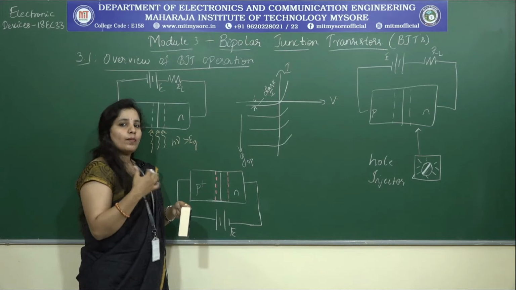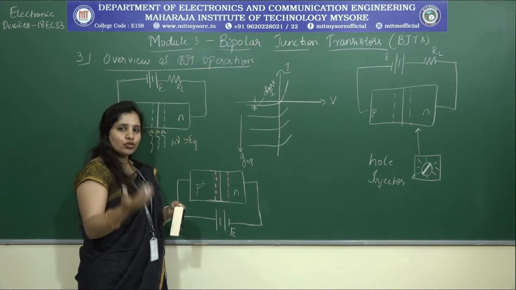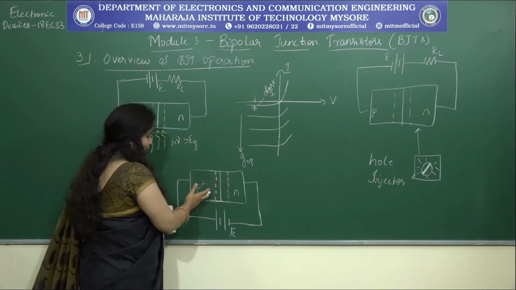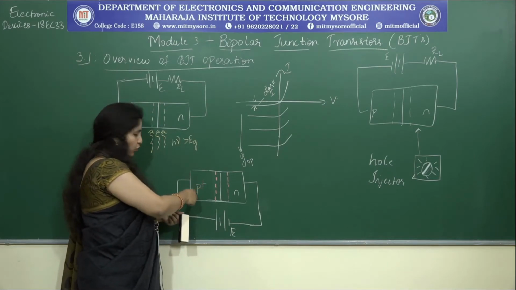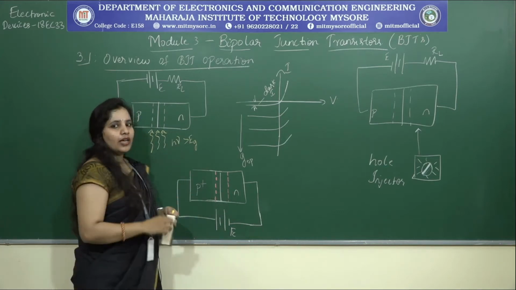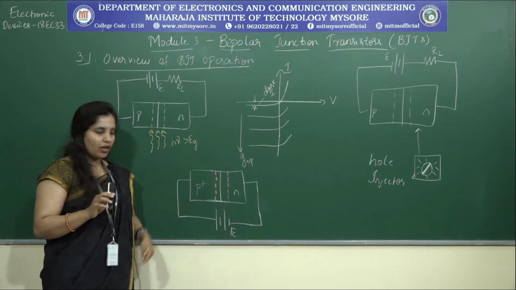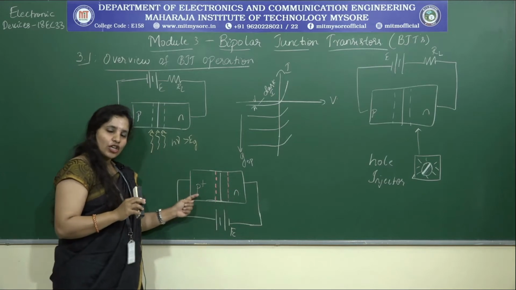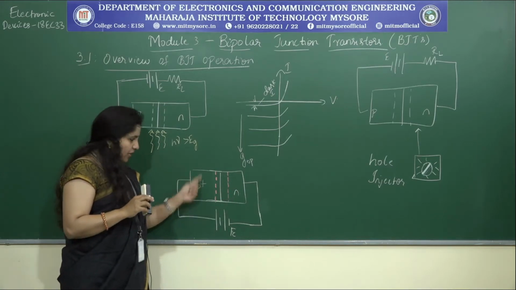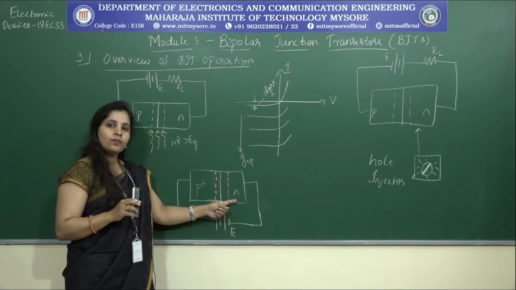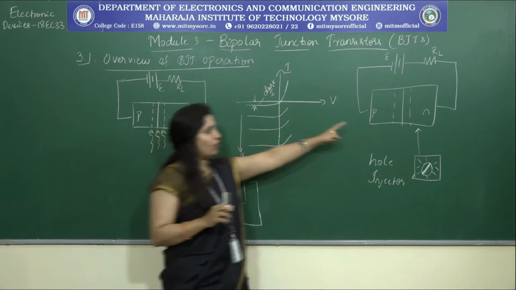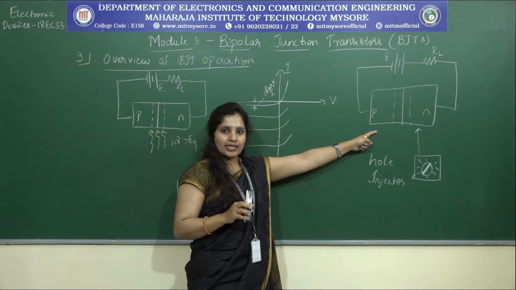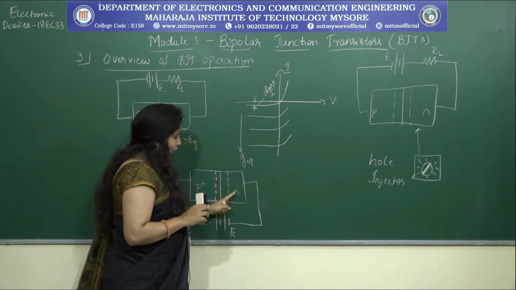As a result, more charge carriers can get diffused into the other region, and in addition to that, this is heavily doped. As a result, more holes that are present in the P-type can be injected into the N-type. Do you agree with me? Now, is the hole injection happening from the P plus region to the N region? Yes, that is happening. Now, relate this with this particular circuit